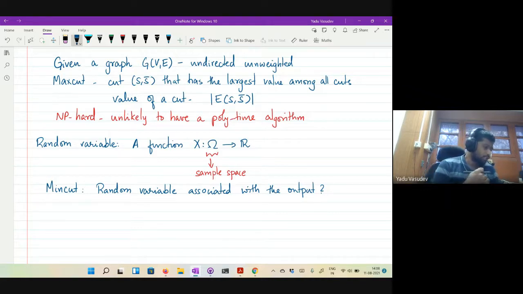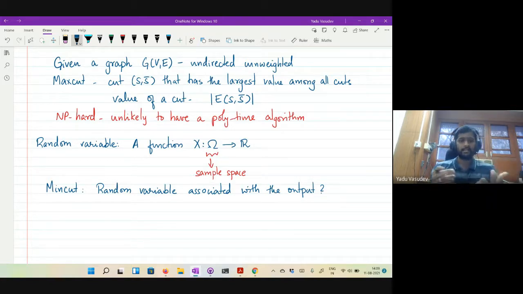I think all of these answers are somewhat correct. Just that the final output of the algorithm is the cut size, which is what we want to argue about, the random variable that we are really interested in. But to understand these random variables, sometimes you have to look inside the algorithm, at its elementary outcomes. The chosen edge and the collection of edges and so on are the outcomes of the random choices that the algorithm makes.